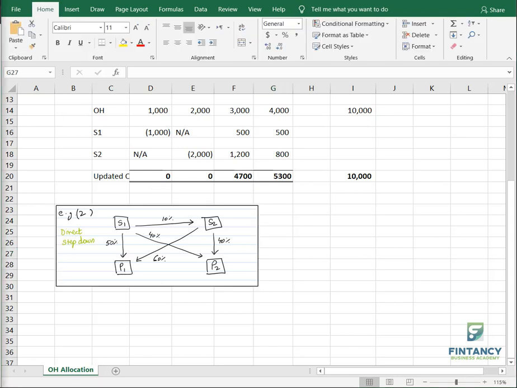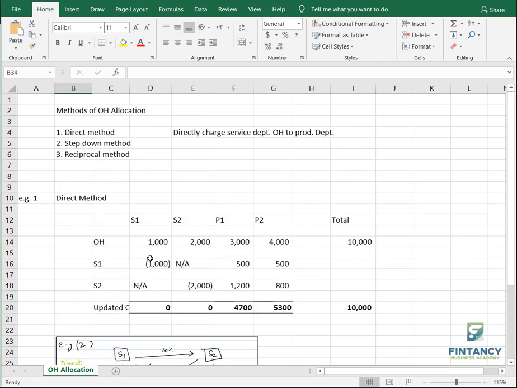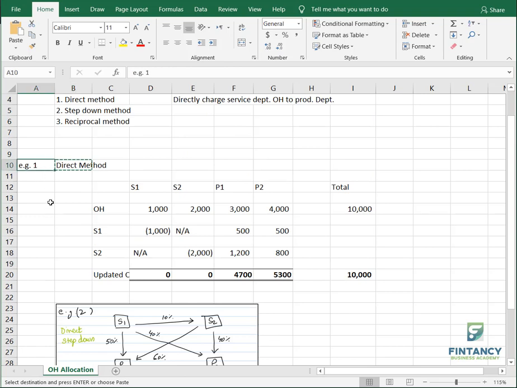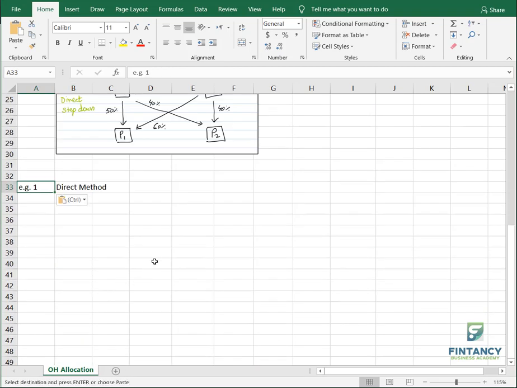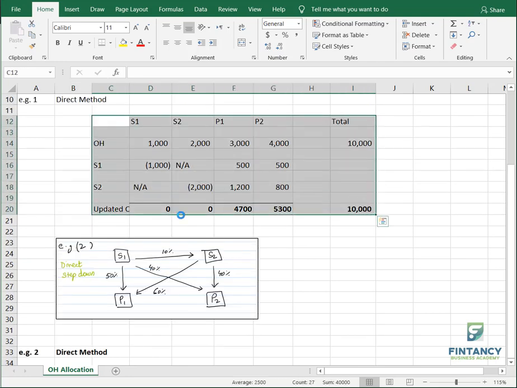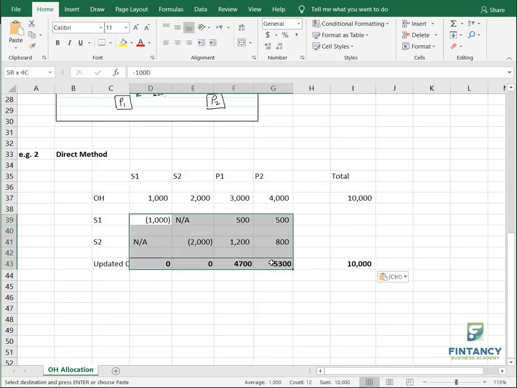Okay. So below this, first of all, I will create the direct method for this one. Okay, this one, direct method. Example 2. Okay, very nice. So my friends, now we can take help from here to save time. Let me copy paste this here and I will remove all this.